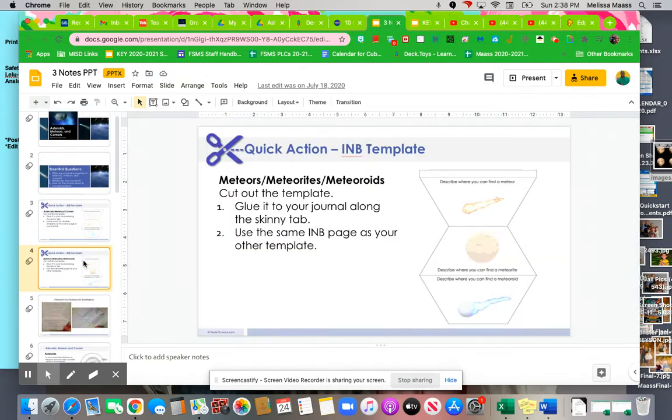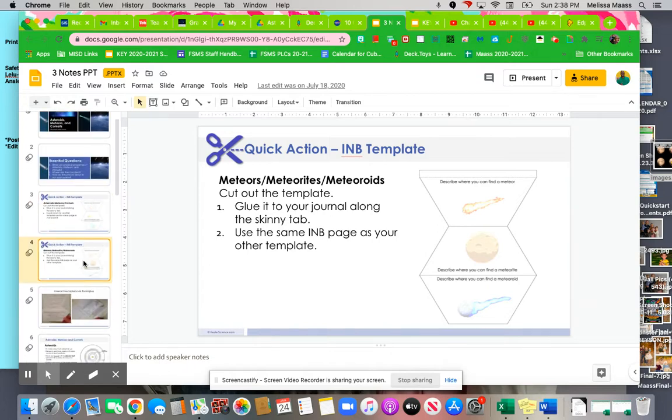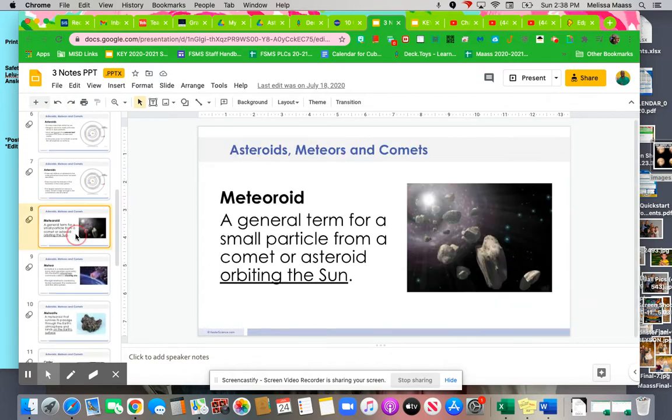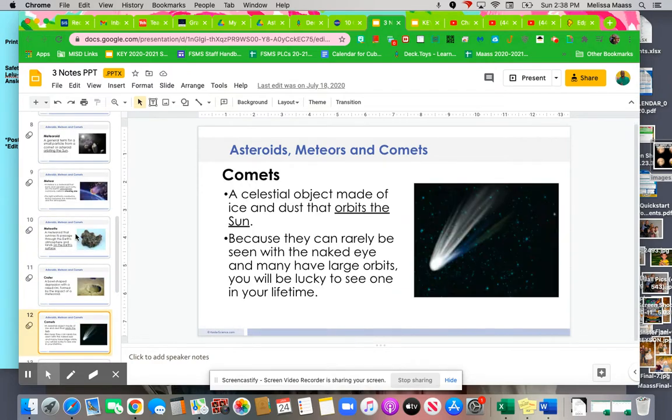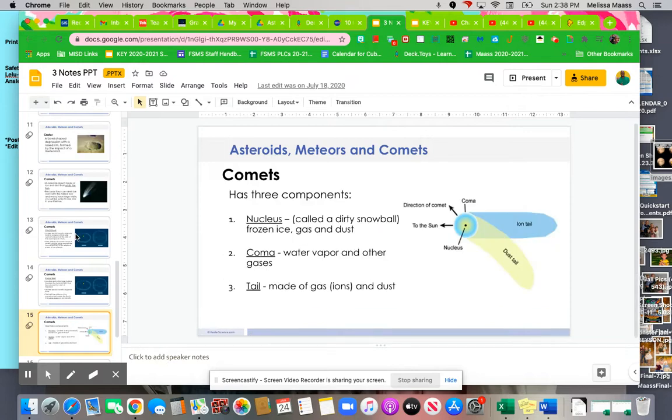This slideshow is also where I got all these notes, so you can pause at any point in time and click through and look at it. The cool part about comets is, this is the nucleus of the comet, and then you have the coma.